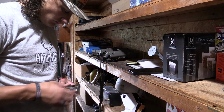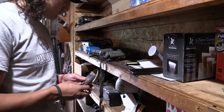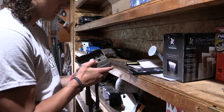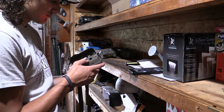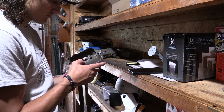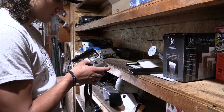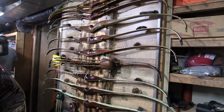So I'll be hanging 5 cameras today, and I'm probably letting them soak till September probably. I'm gonna try not to check them. That's my rule, is stay out of your spots as much as possible, but sometimes it gets hard and you get antsy. So heading into the spot to hang the first camera, and hopefully there's some acorns this year, because